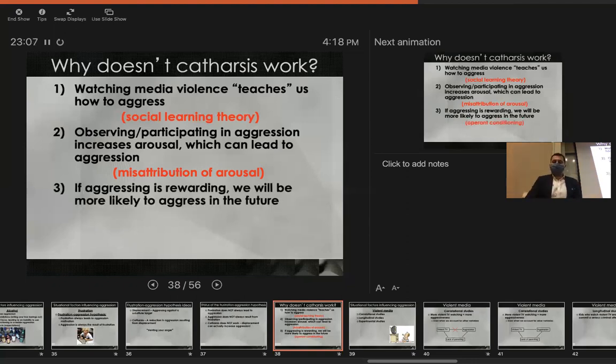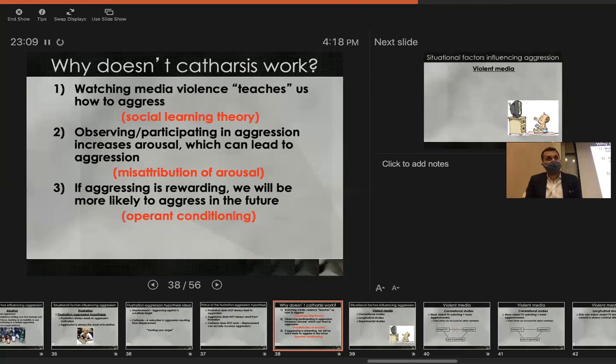And thirdly, we have seen through the principle of operant conditioning that if you're rewarded for a behavior, that increases the likelihood that you'll perform it, right? Well, if you're angry and you punch a pillow or a punching bag, it feels good at a subjective level. So effectively, you're being rewarded for engaging in that aggression, for hitting that pillow. And so if being rewarded for a behavior increases your likelihood of performing that behavior in the future, then the fact that it feels good to hit something when we're angry makes it more likely for us to hit something when we're angry in the future.